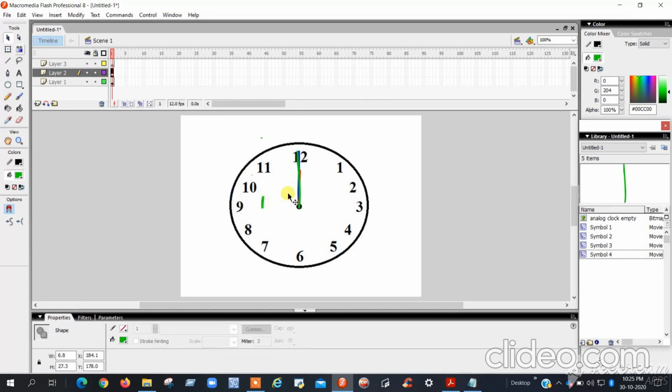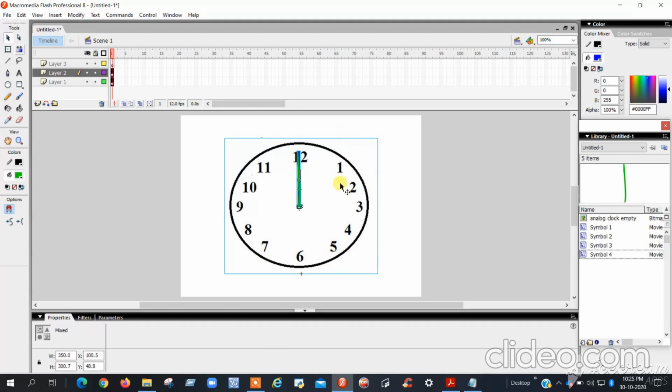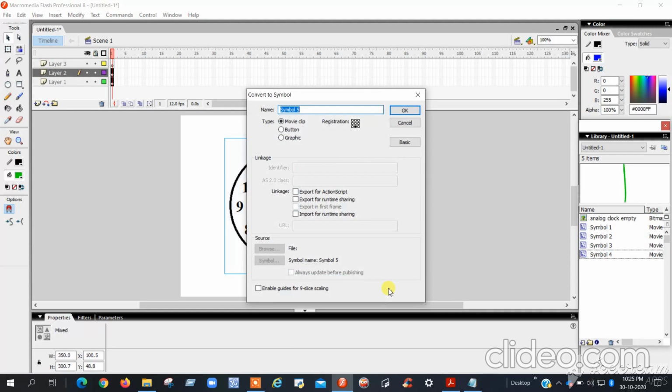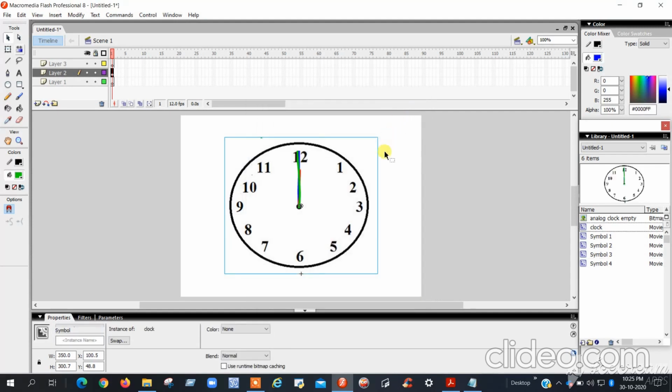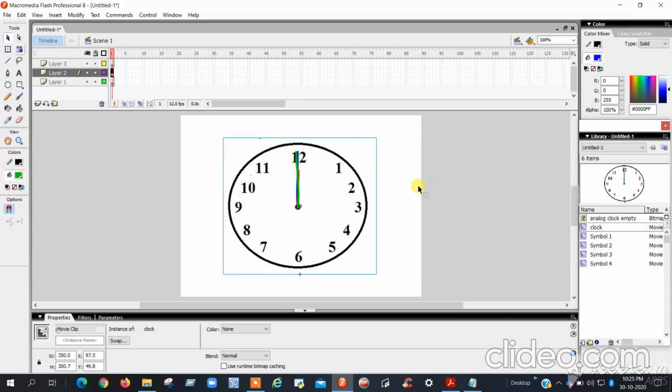After placing all lines in the same place, select all the image like this, then right click, convert to symbol. For the symbol you can give the name CLOC, clock. Then click OK. Now see, if you move it, everything moves together. This is the advantage of converting to a symbol.